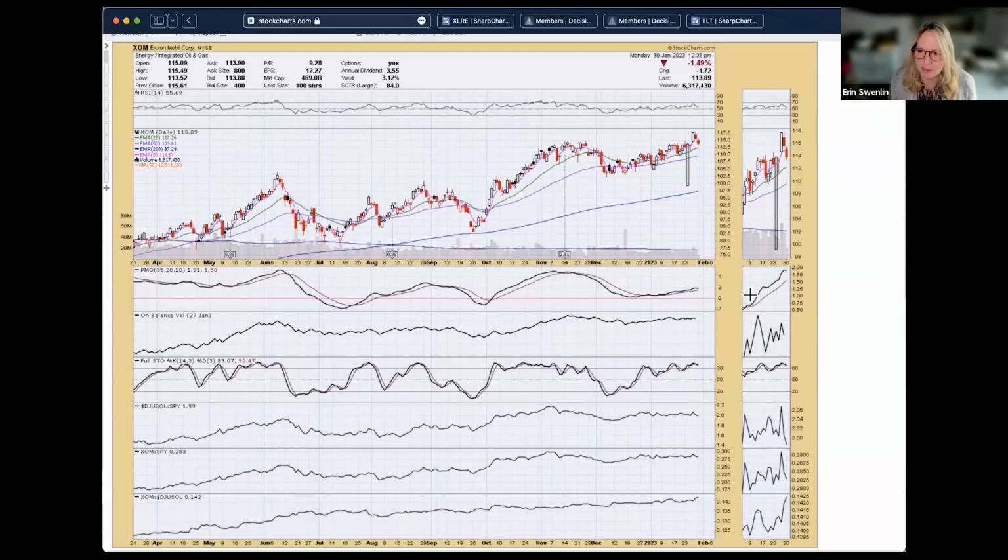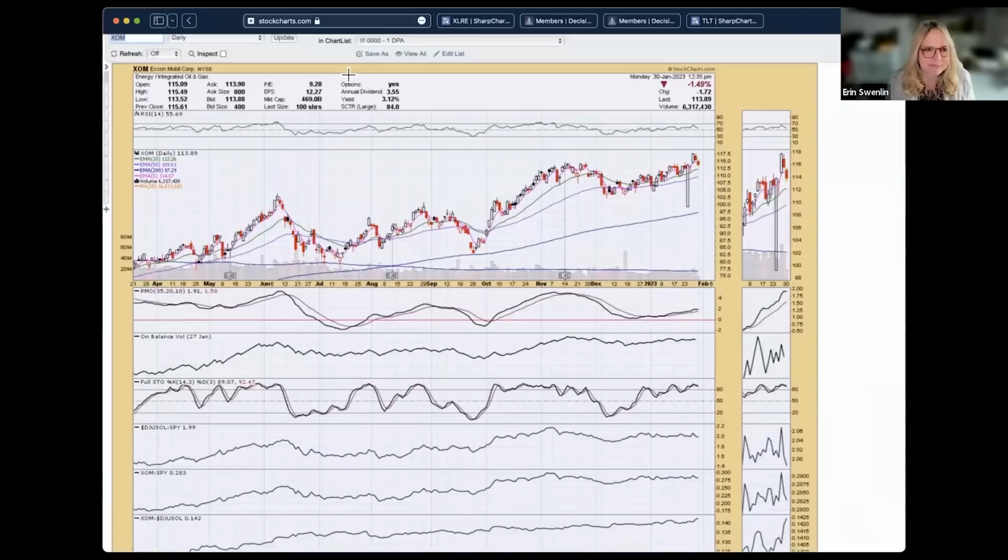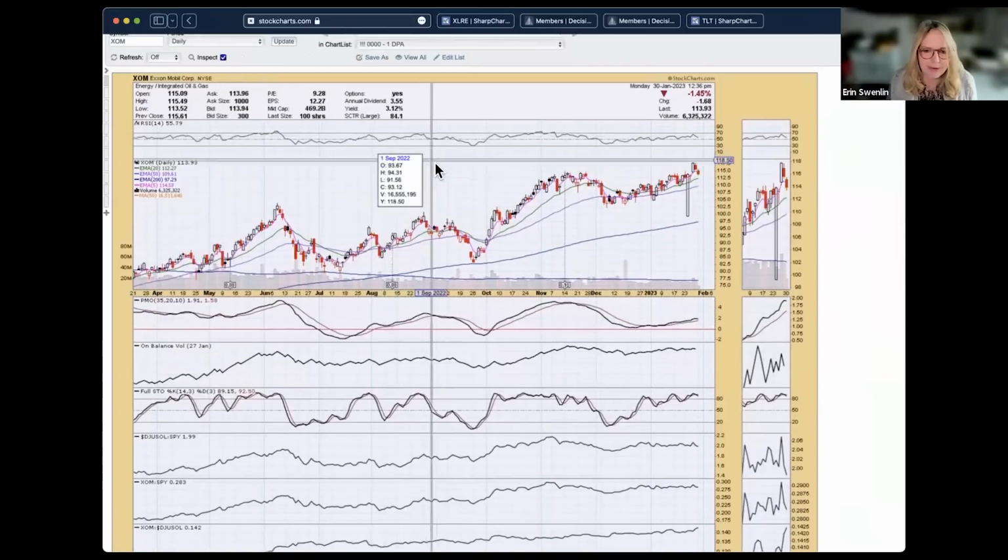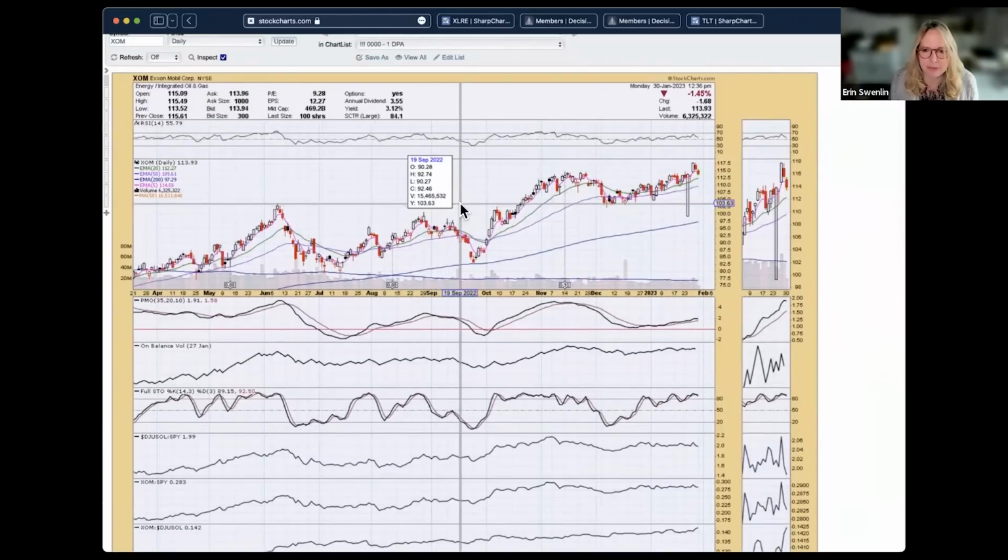PMO is topping, but we did see that before, and it's not overbought, but okay, so the PMO is pointed downward. So just to clarify, I don't get involved in any stock where the PMO is pointed downward. I just don't. If the momentum is pointed downward, my chances of the price moving downward is much higher. So I just prefer not to get involved at that point. So I don't know that I would be getting involved in it right now.